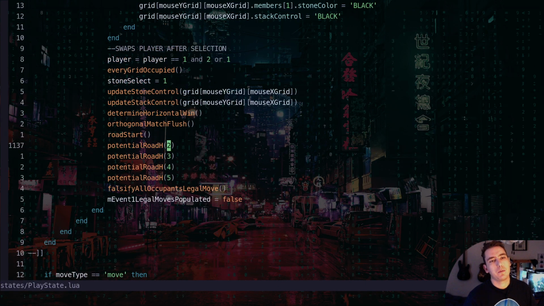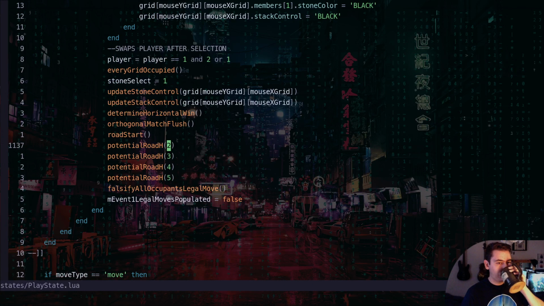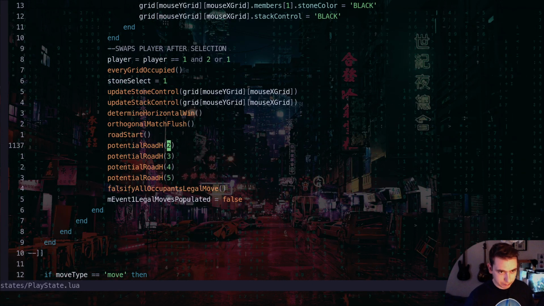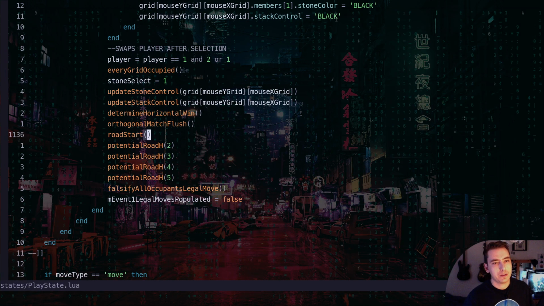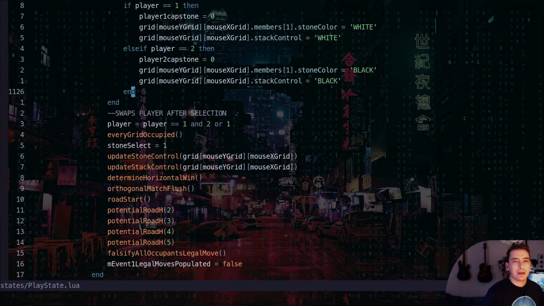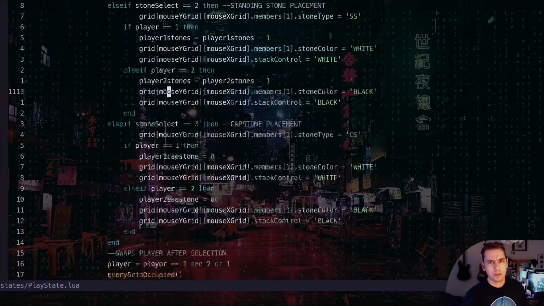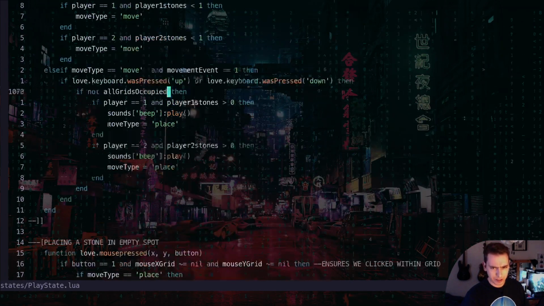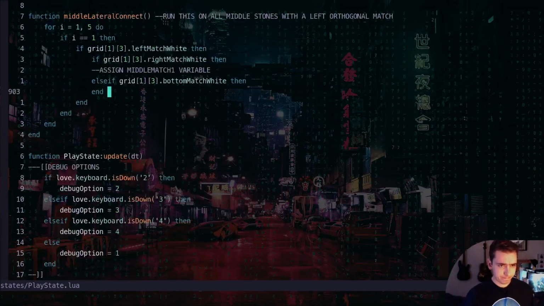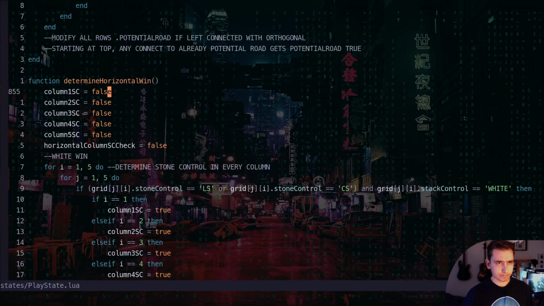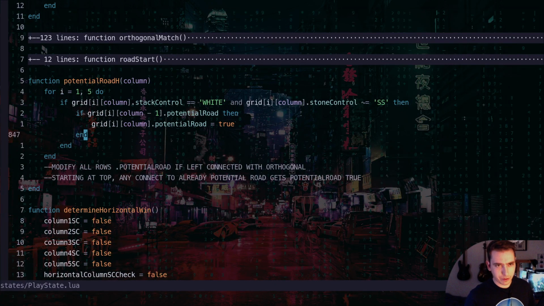There's got to be a way where we can put all of these into one place so we don't have to do it so many different times. Because a player swap, yeah, we have to do it under a player swap and a placement. I'm not exactly remembering why I decided we couldn't do the player swap grid for our placement function, but it was crashing. I was having problems with it, so we kind of have them separated. So with just that few lines of code, we're getting a potential road all the way to the other side,